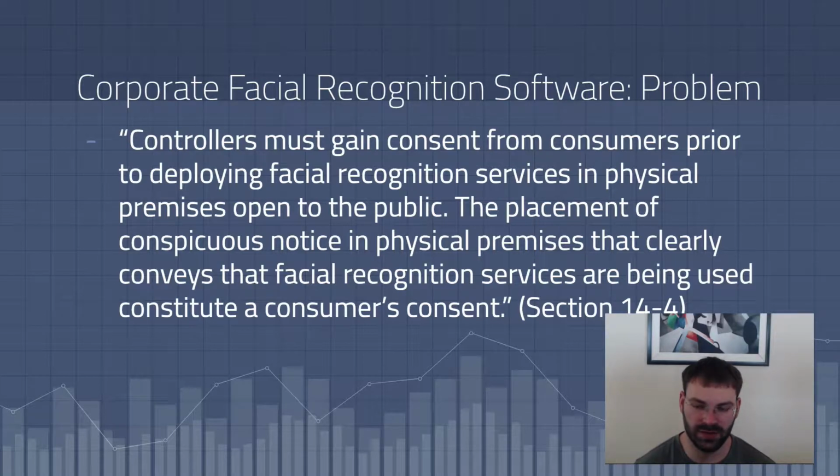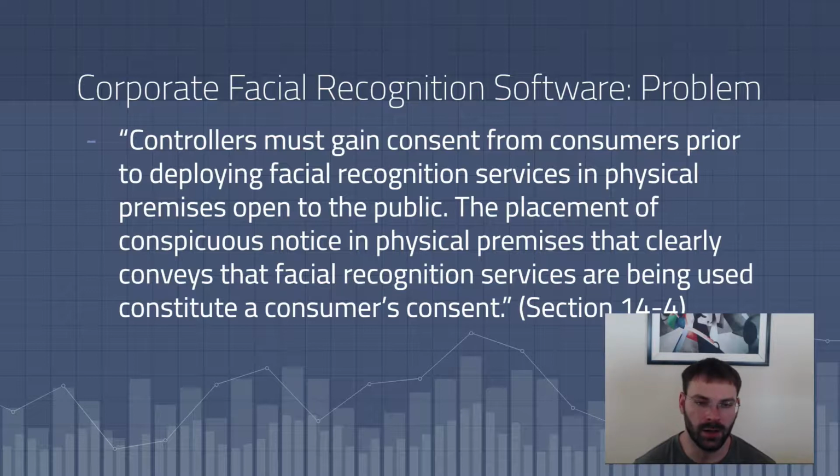Under this specific section of the bill, what this allows is, let's say I go to a grocery store where they want to do some facial recognition on me so that they can track my consumer behavior and maybe send me some targeted ads. This is a very, very vanilla ice cream kind of example, but very common. And let's say that they wanted to do this so I don't have to use a loyalty card or a phone number at the checkout. And also they could track my behavior in the store so they could see, well, maybe I pick up a box of name brand cereal, but then I pick up a box of non-name brand cereal and I choose that one. They can do really, really specific analysis of my behavior if they're tracking me all the way around their